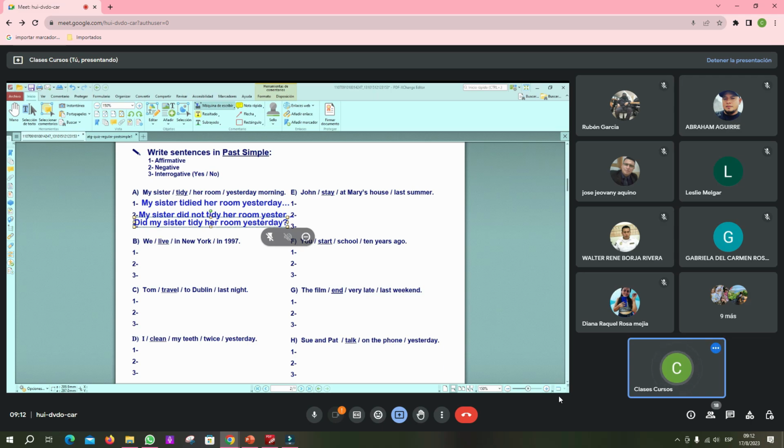Las personas que no pueden utilizar su micrófono, pero sí pueden escribir en el chat, espero que en su momento nos puedan colaborar, participar, ¿verdad? En el chat también para que ustedes practiquen de igual forma, ¿ok? So, work guys, 4 minutes, 4 minutos, trabajen en esas oraciones igual. If you have questions, remember to raise your hand and I will try to help you, okay?